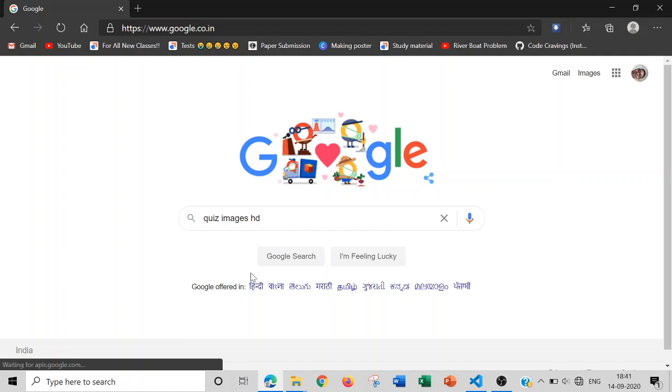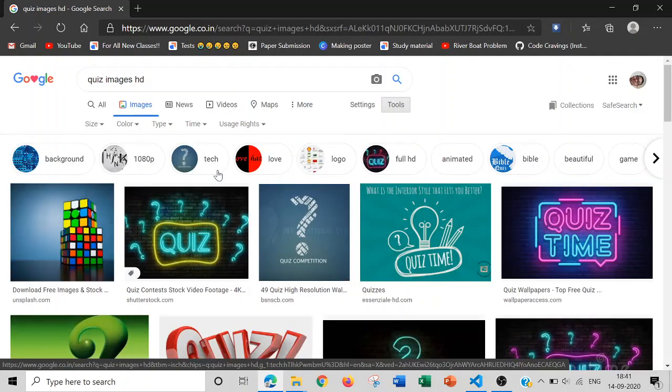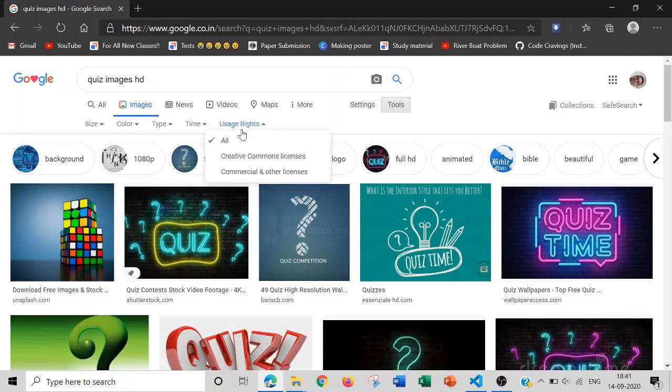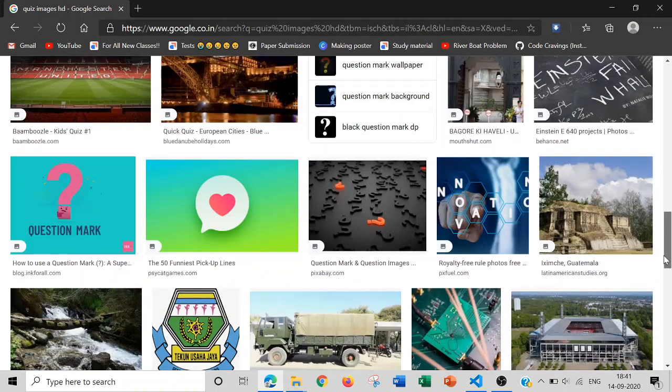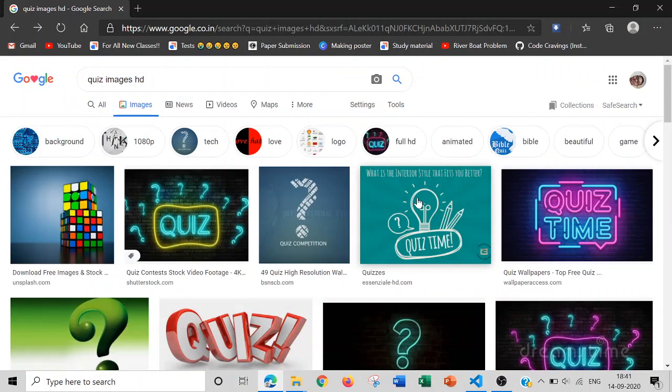Let's go to tools, then type, then usage rights, Creative Commons licenses. No, we are not getting anything. You need a copyright license, but for now I'm going to use it for my own use, so there's no such big problem.